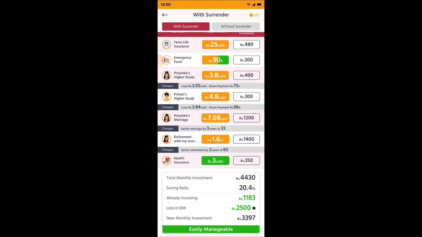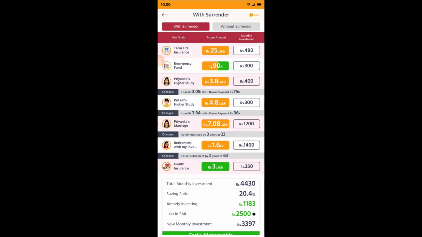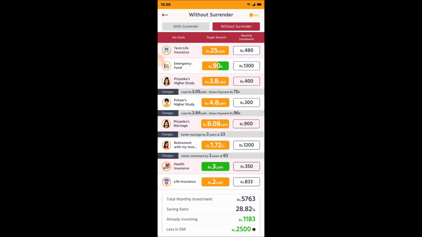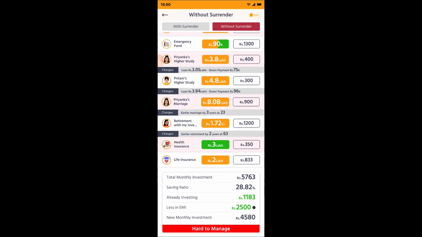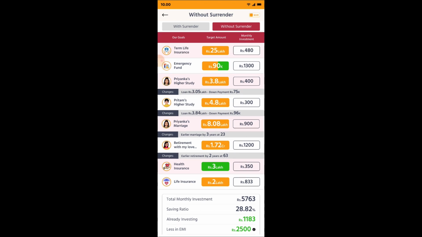I'm planning, like if I'm getting retirement with my love, then it should be 1.6 crore, which is the retirement fund I should have with me. So all the changes regarding this, I'll first show the without surrender. Here you can see that the total monthly investment was 5763 and it's hard to manage, this can't be possible to manage by the user.